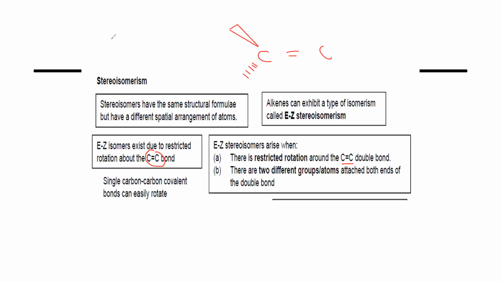Like if I say two groups are attached, H and L. H means heavy, L means lighter. So what are the possibilities? H can be up, L can be down, or the second possibility, L can be up or H can be down. So this is a restricted rotation around a carbon-carbon double bond, and there are two groups or atoms attached to both ends,